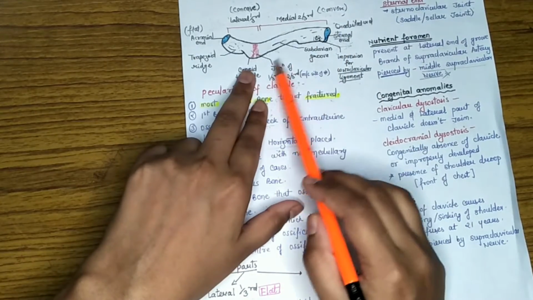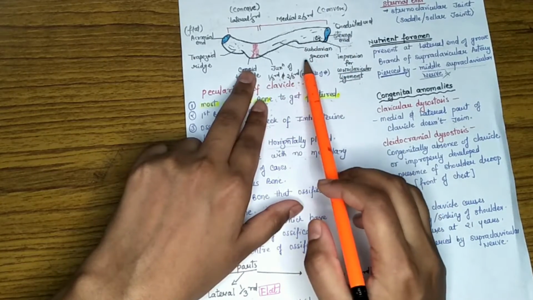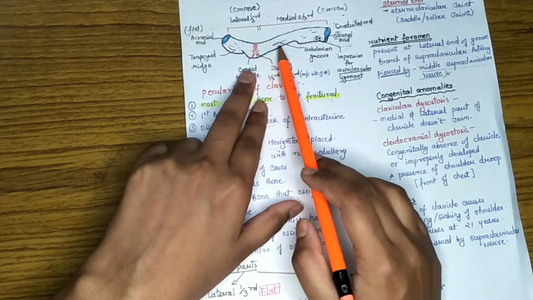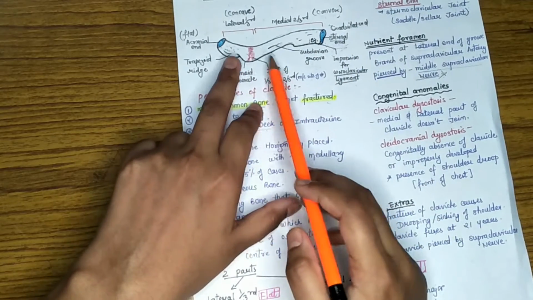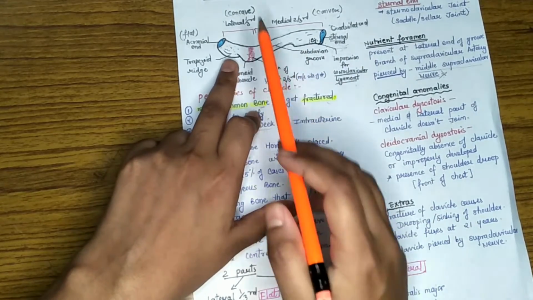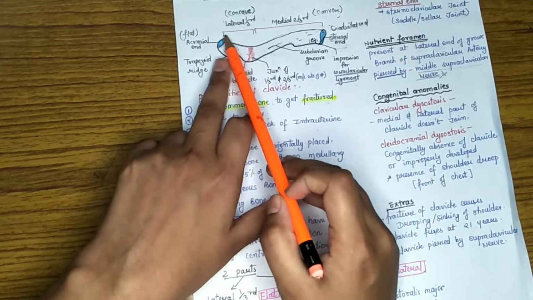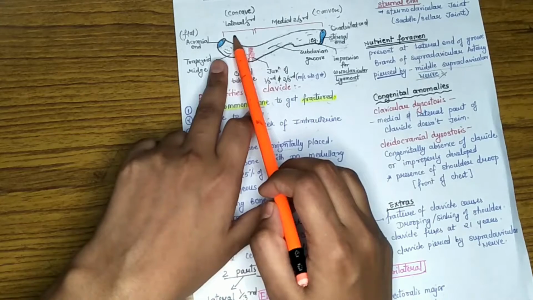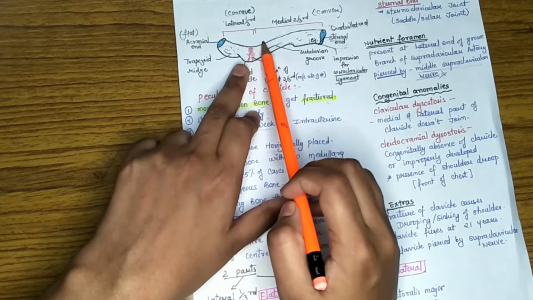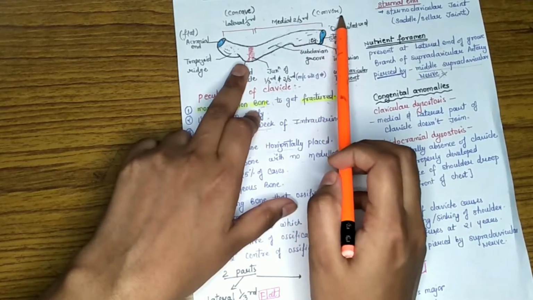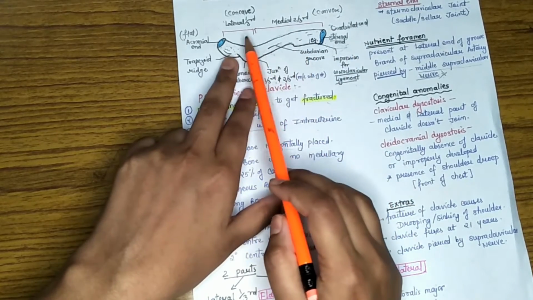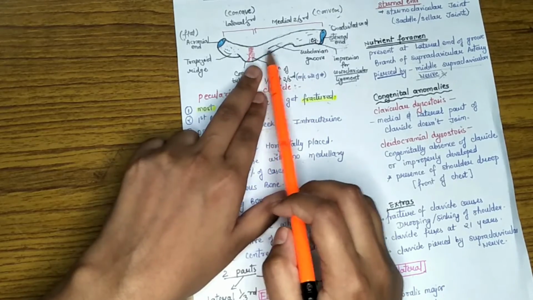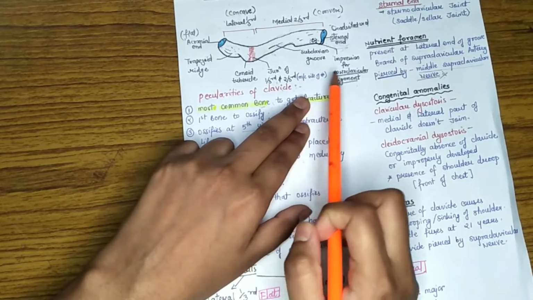Now on the inferior surface, a groove is present, which is called the subclavian groove, and it is present on the medial 1/3 part. The shaft of the clavicle is divided into two parts, the lateral 1/3 part and the medial 2/3 part. The lateral 1/3 part is concave in shape, and the medial 2/3 part is convex in shape, and the junction where they meet is the most common site of fracture in the clavicle bone.